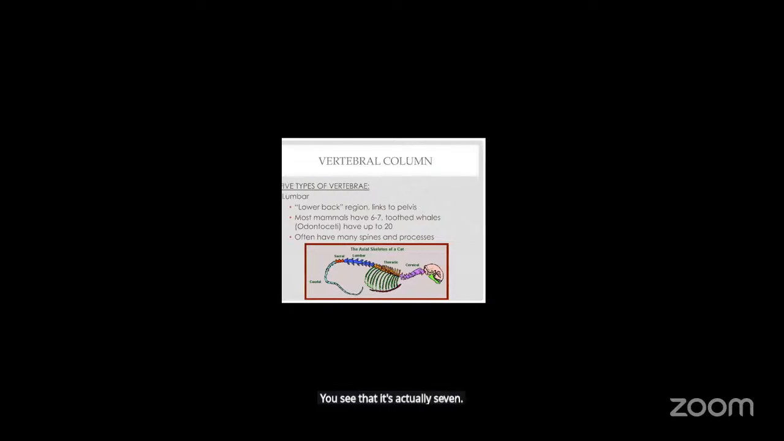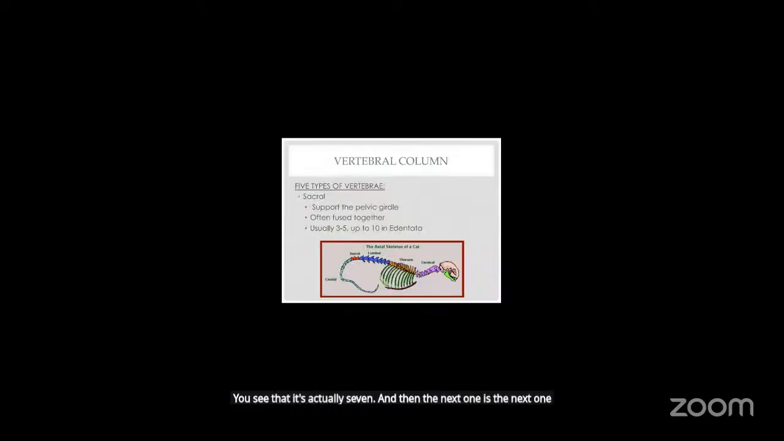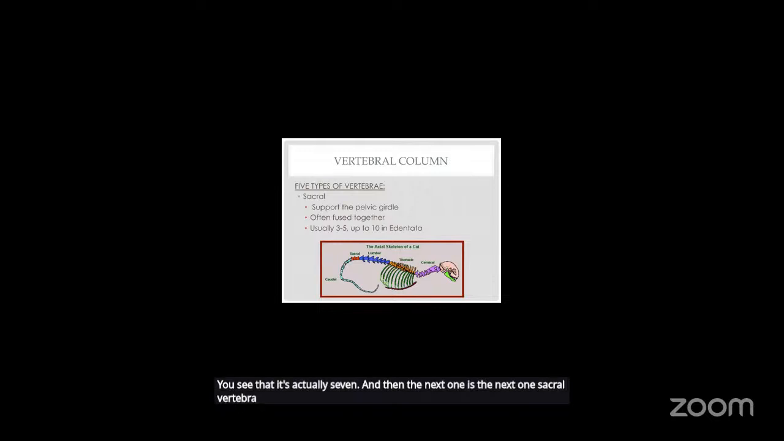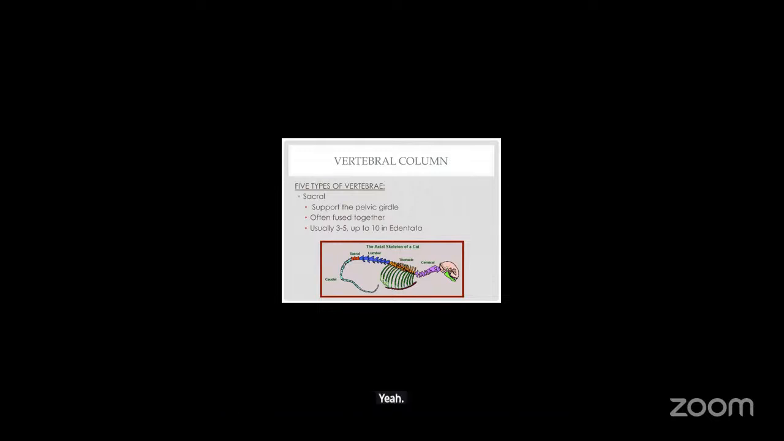And then the next one is the sacral vertebrae, which is the smallest in number. Usually supportive of the pelvic girdle, they are often fused together and usually number 3 to 5. But in some mammals, edentata, they can be as many as, when we say edentata, animals, and that will include the